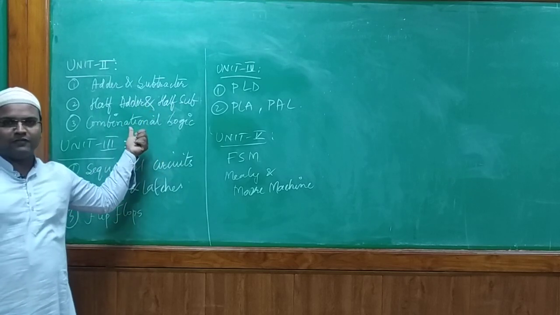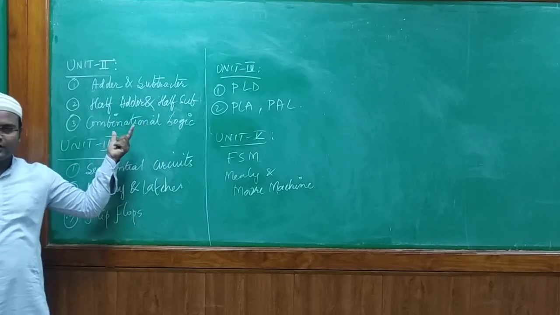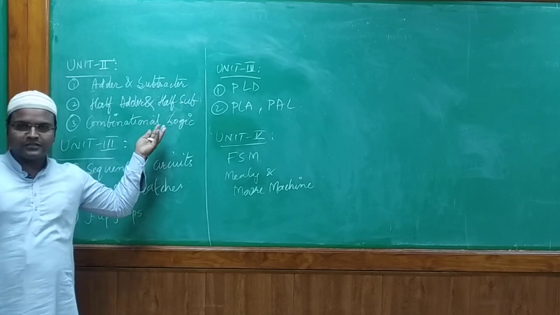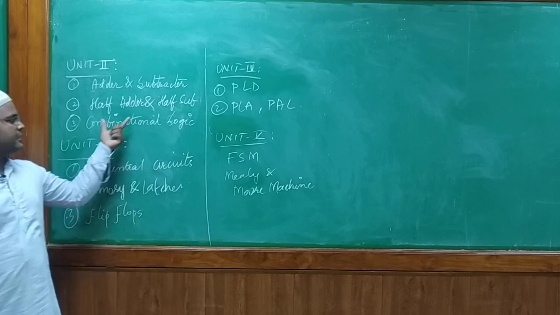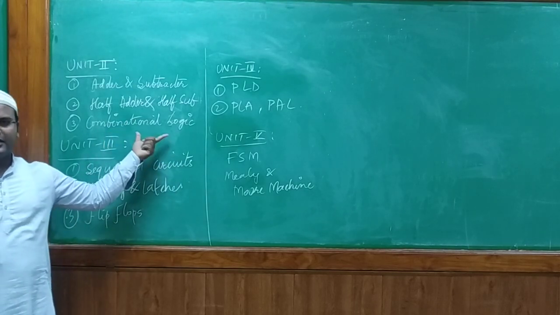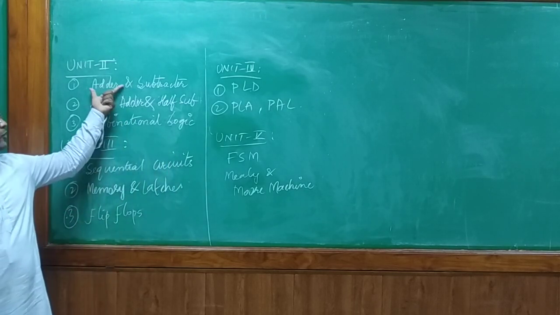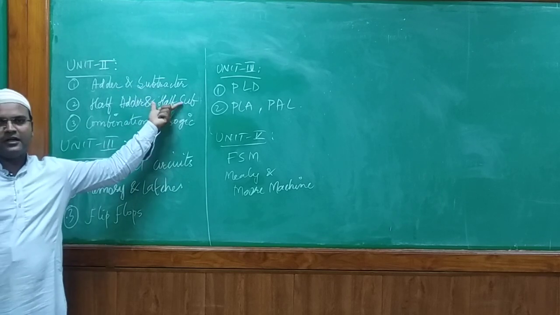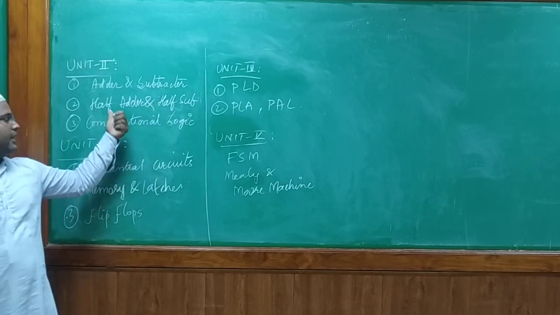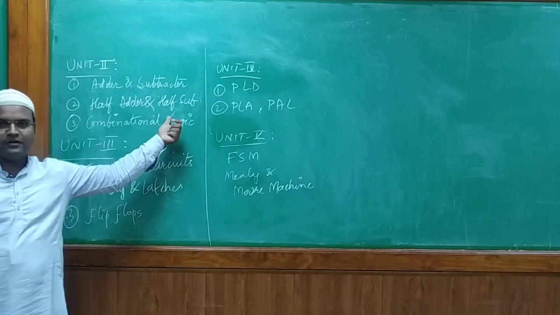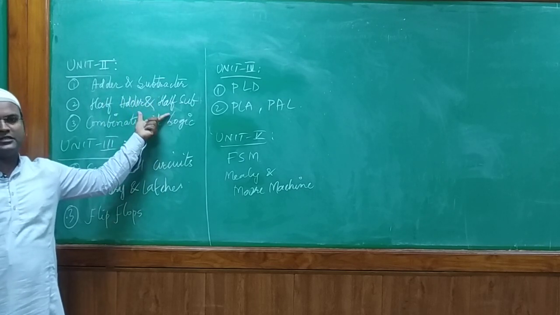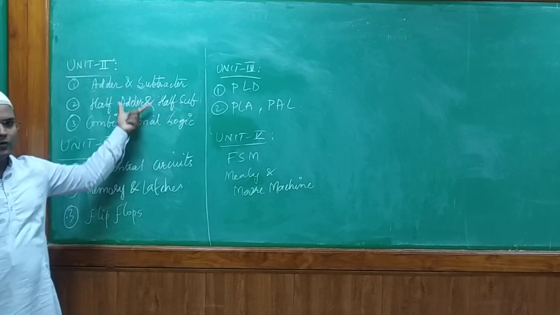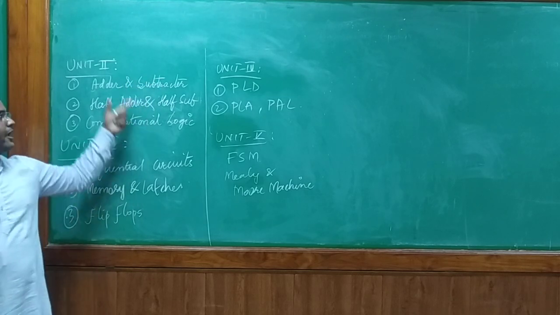Like in that we'll have the multiplexer, encoder, decoder, demultiplexer, and designing various types of multiplexer and demultiplexer, which is considered to be logic circuitry design. Similarly, we'll have the adder and subtractor. In that we'll learn the half adder, half subtractor, full adder, full subtractor, and how they are used in digital electronic circuitry. We are going to use all these concepts in unit 2.